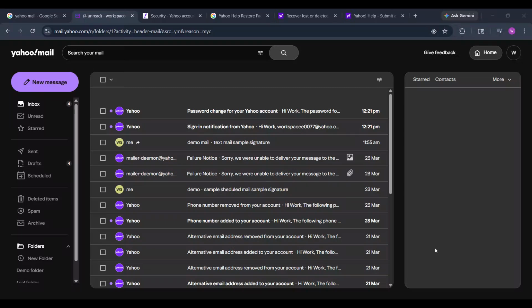If you want to see your subscriptions on Yahoo Mail, you're in the right place. In this quick tutorial, I'll show you the simple steps to find your subscription settings inside your Yahoo account so you can check, review, and manage them easily. This is helpful if you want to keep track of services linked to your Yahoo email, or just make sure